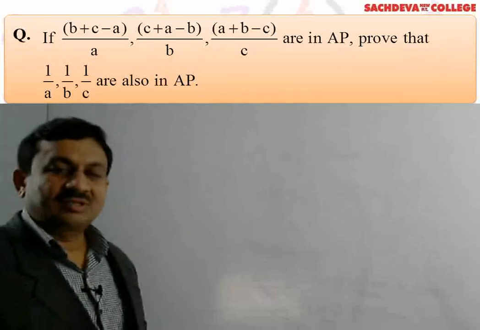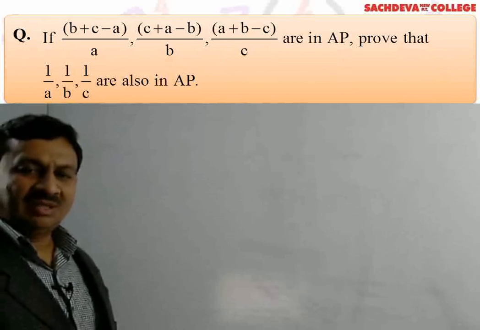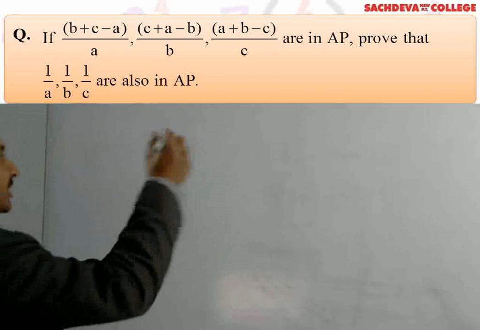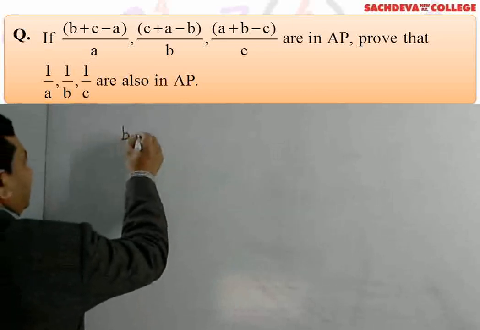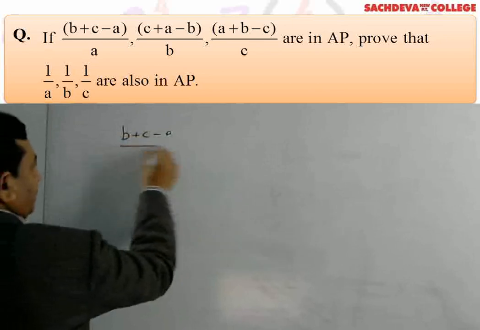Now we discuss the next problem. If (B plus C minus A) by A, (C plus A minus B) by B, (A plus B minus C) by C are in AP, then prove that 1 upon A, 1 upon B, 1 upon C are also in AP. So given that (B plus C minus A) upon A,